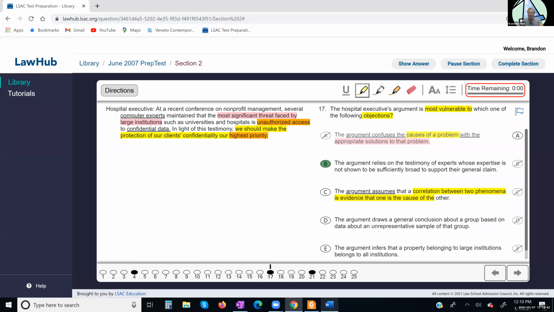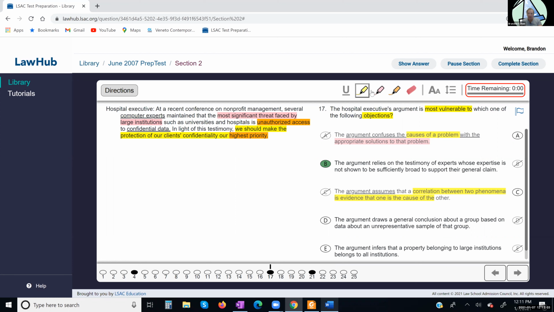But here, the evidence would be cause. It's the biggest threat. The threat is kind of the cause. So the evidence isn't correlation, it's a cause, and we're just saying we should address it. I mean, this is definitely so far from correlation cause. If you pick that, that just means you really don't understand the fallacy of correlation cause. So you really got to focus on that, which comes back to what I said is so hard about this test, just making sure we understand all these fallacies.